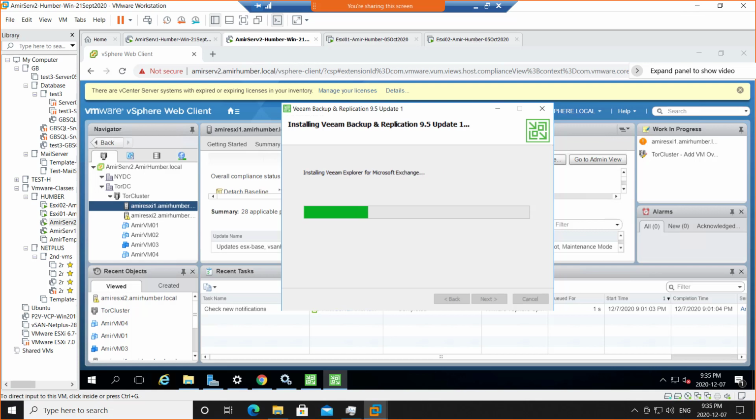Wow, I think I'm sitting on SSD as well, super slow drive. Really?